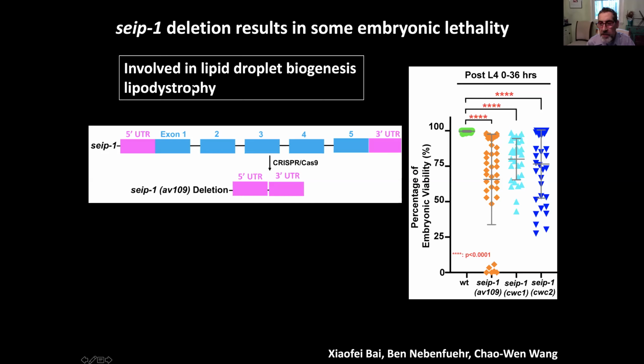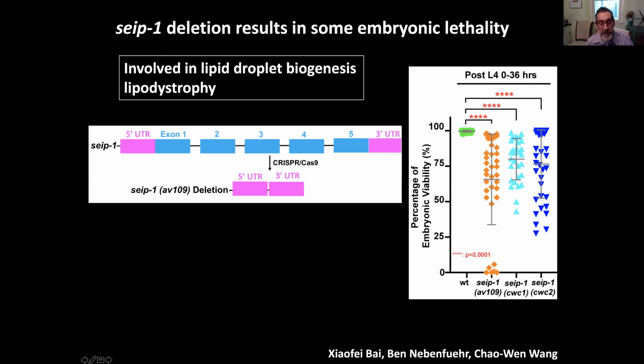It causes lipodystrophy in humans. We could easily knock out the entire gene using CRISPR. We did this in this allele, as well as 2 other alleles. And what we found is that where wild-type worms have almost 100% embryonic viability, these 3 deletion alleles were somewhat